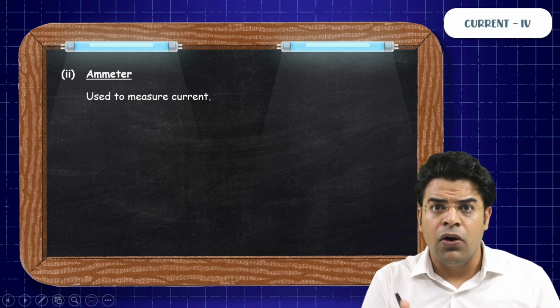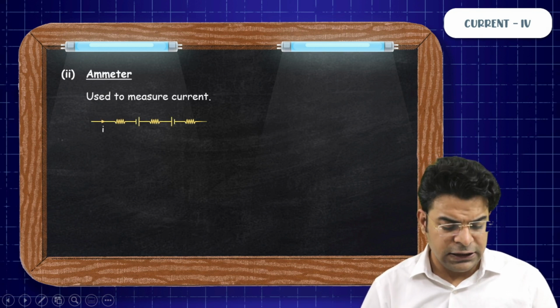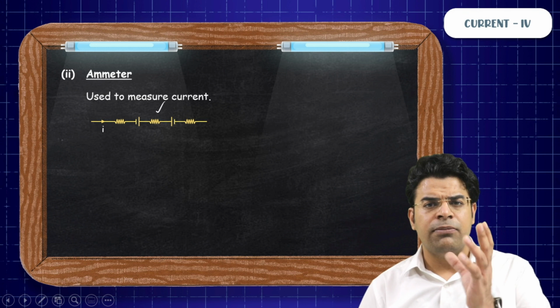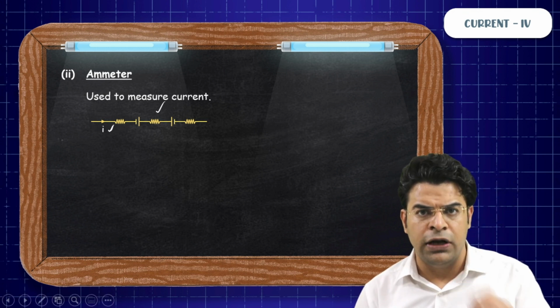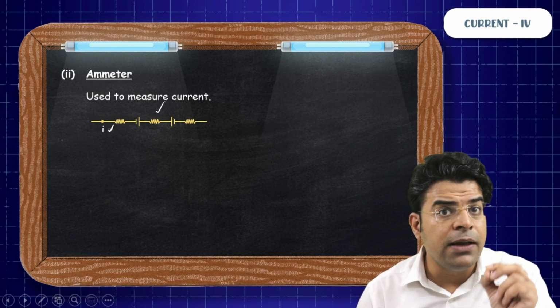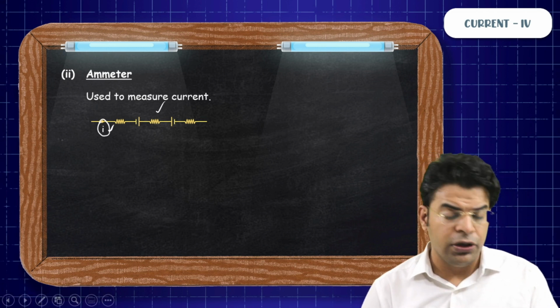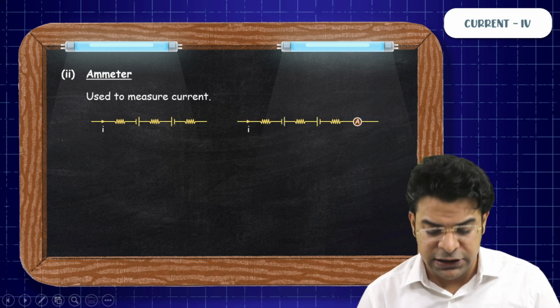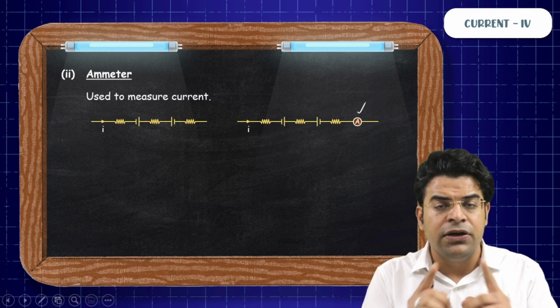The reading on the ammeter shows how much current flows in the circuit. Now let's say you have this line containing some battery, some resistance, and let's say some current is flowing through this particular line. We know that when objects are connected in series, the same current flows through them. If your mission is to measure current, you need to connect the device in series. So remember that ammeter is always connected in series with the circuit.